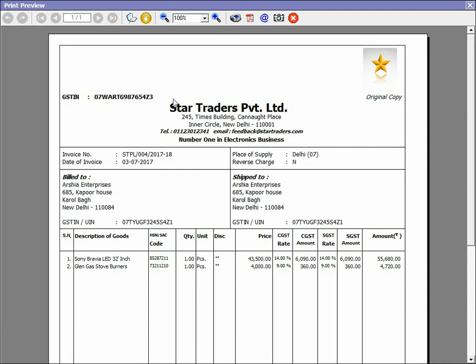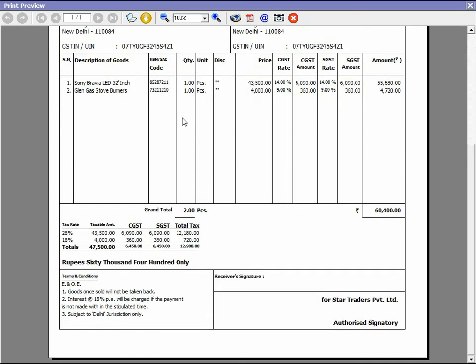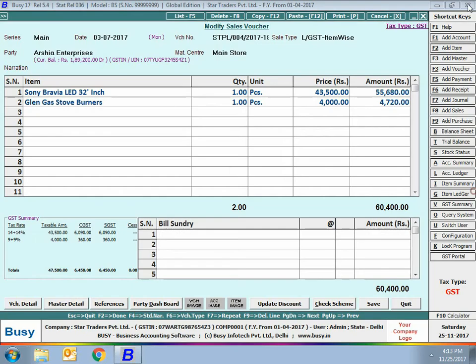Image is appearing on the top right side, and at the top left and center space is left blank as we have selected the option of create space. Similarly, discount column is appearing. You can see columns for only CGST and SGST are appearing. No column for IGST is appearing as this is a local transaction, and we have selected the remove unnecessary GST columns in the invoice body section configuration.